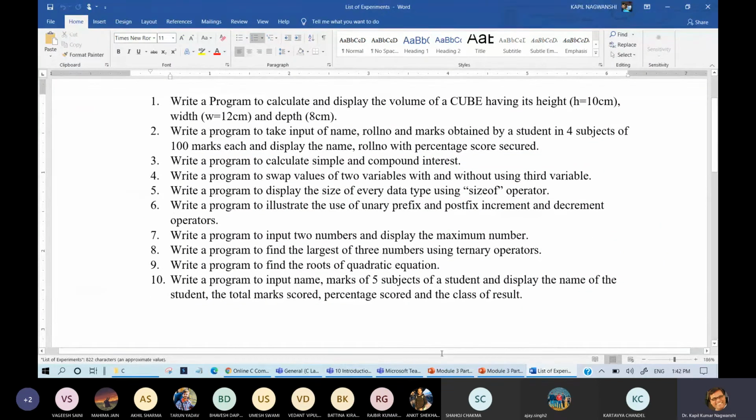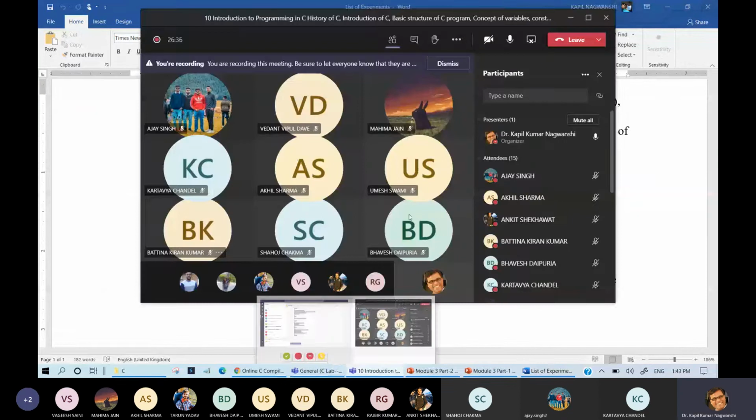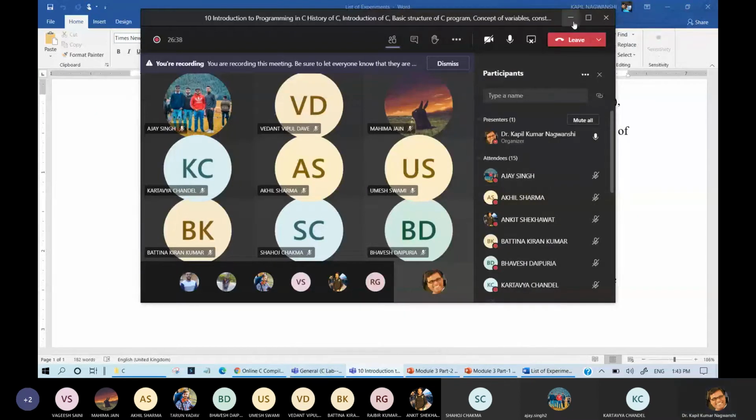And how many students are there? This time 15 students are there. So according to the roll number, whomsoever is available, just try to do it on your own. You are having 10 minutes. Within 10 minutes, you need to explain the program. You need to run the program. If you are not having a system, just dry run on paper.